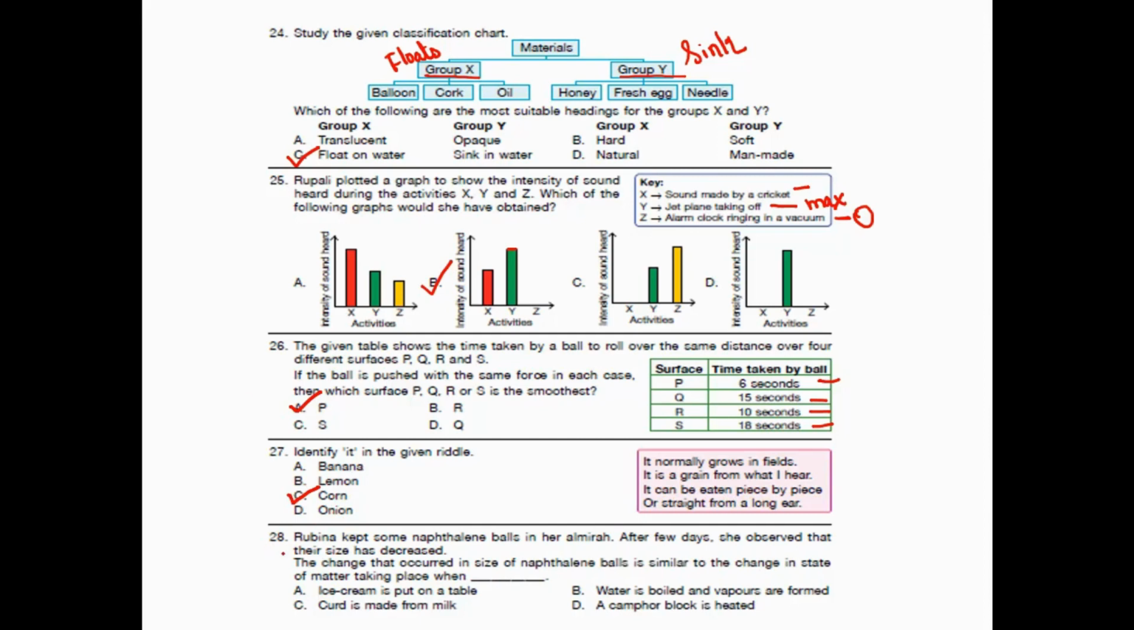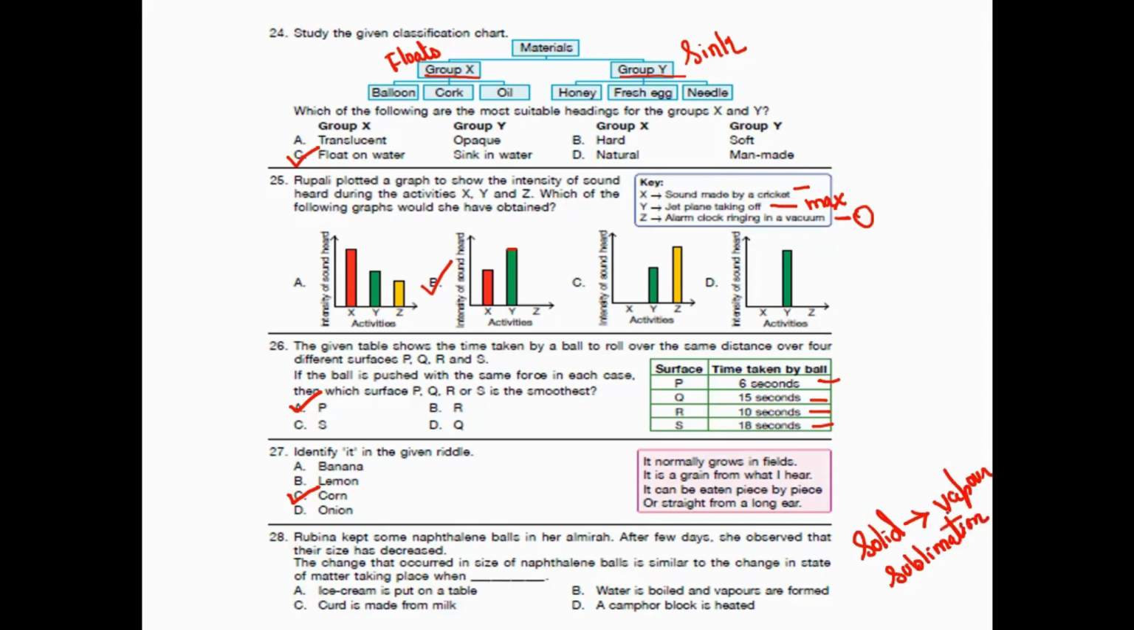Coming to question number 28, it says, Rubina kept some naphthalene balls in her almirah. After a few days, she observed that the size has decreased. The change that occurred in size of naphthalene ball is similar to the change in state of matter taking place when. So, naphthalene balls are solid in structure. When naphthalene balls are kept somewhere, the size of the naphthalene ball decreases. That means the solid directly changes to vapors, right? So this is the process that is called sublimation,